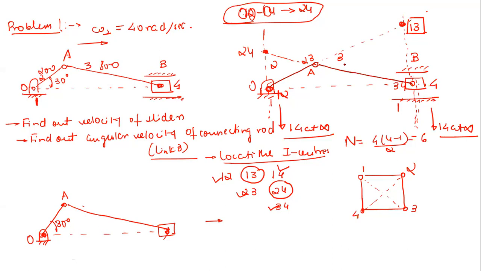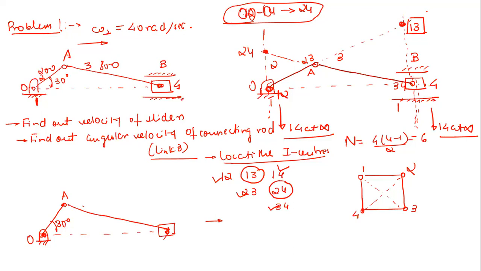for very complex mechanisms. So now let us come to our question, what we have to actually find out. We have to find out the velocity of this slider, right? So just tell me quickly, how can we do it? How to find out the velocity of a slider? No, we are not going to follow the vector approach. We will simply follow the instantaneous center approach.